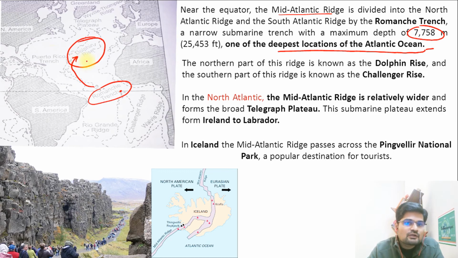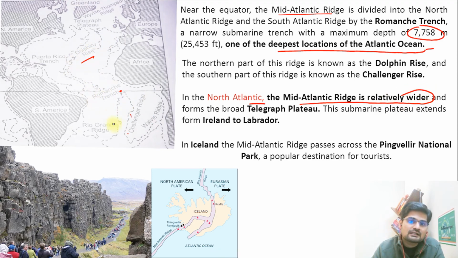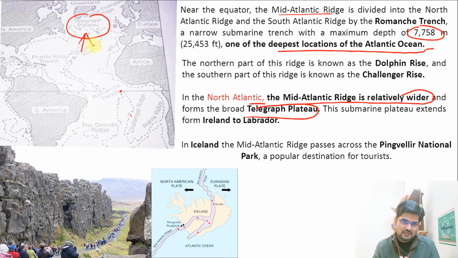Remember, it was discovered through the Dolphin Expedition, and the southern part is also called Challenger Ridge because it was discovered in the Challenger Expedition. So in the North Atlantic, the Mid-Atlantic Ridge is relatively wider. If you observe the Mid-Atlantic Ridge in the northern part of the Atlantic Ocean, it is wider, right? And it forms a broad Telegraph Plateau, that is to remember. So here in the northern part, this is the Telegraph Plateau that we need to remember: the northern Atlantic Ocean has a broad ridge which forms a plateau-like structure called Telegraph Plateau,